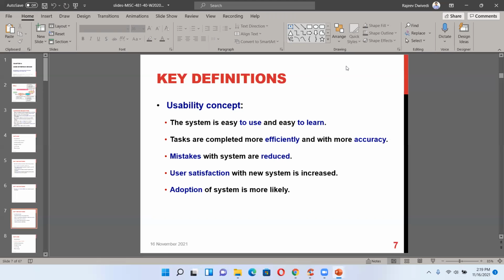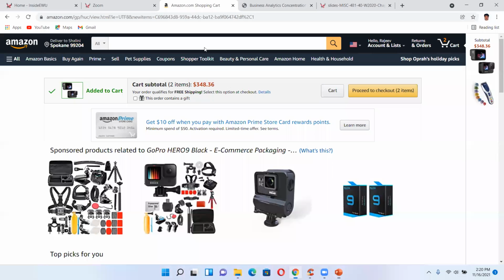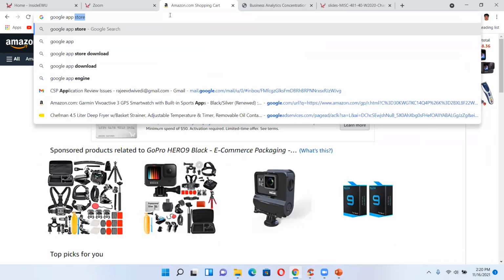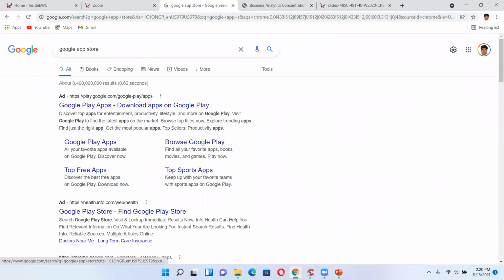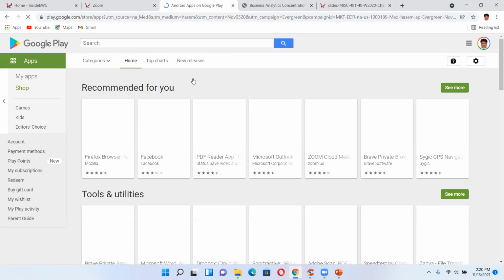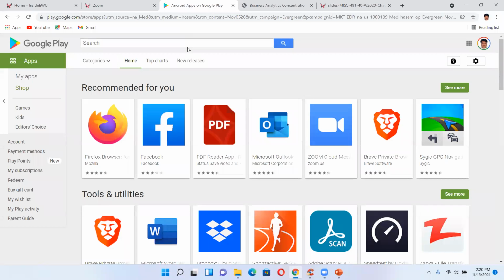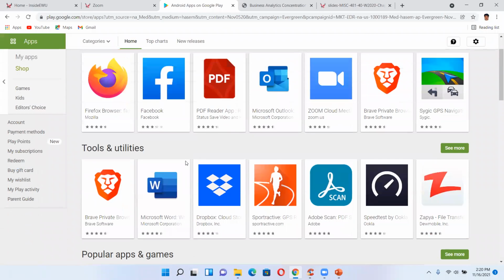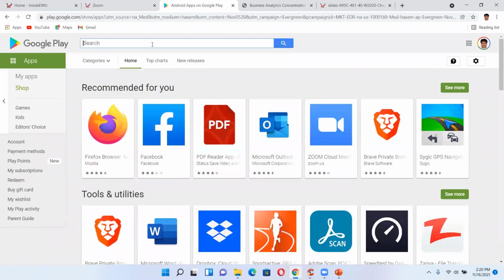So if you look into, let's say, I don't know whether I can see the Google app store. So I hope you can see my screen. And let's say I'm just going to see a few apps.